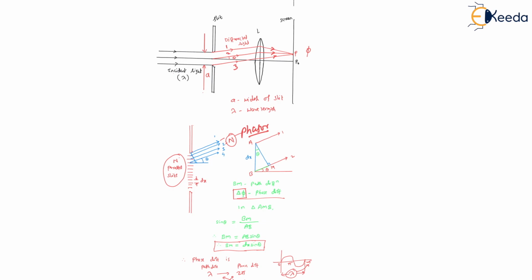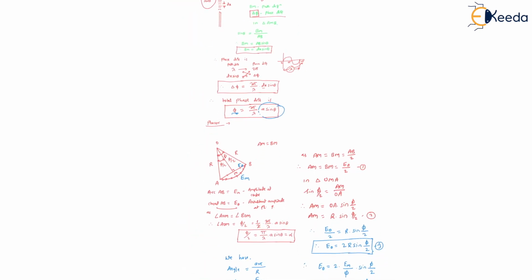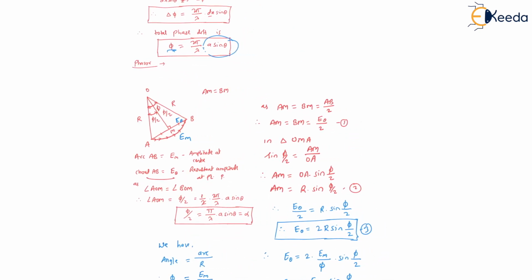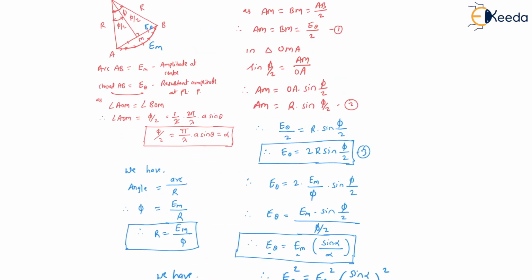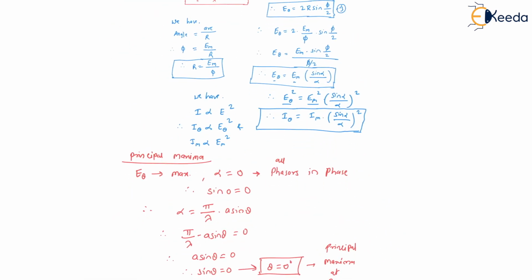Then, to find the amplitude and intensity, we divide the whole slit width into n parallel slits. Then we found the phase difference for the smaller one, that is delta phi, then phi, and finally we add all the amplitude vectors or phasor quantities to get the resultant amplitude, and ultimately the resultant intensity. Remember these two equations also, as we will solve some problems on this topic.